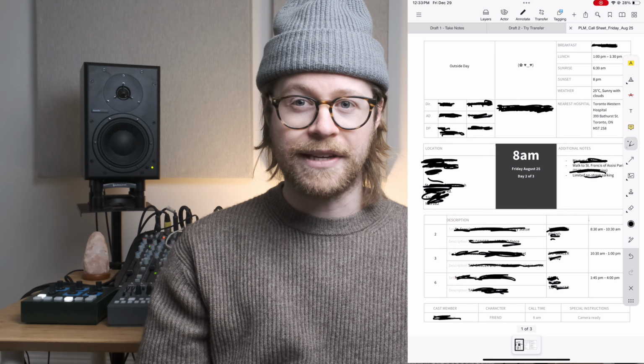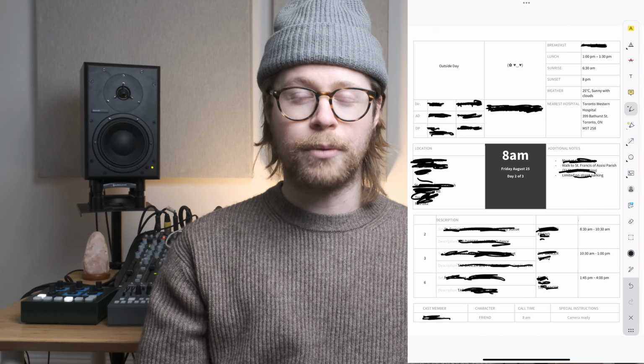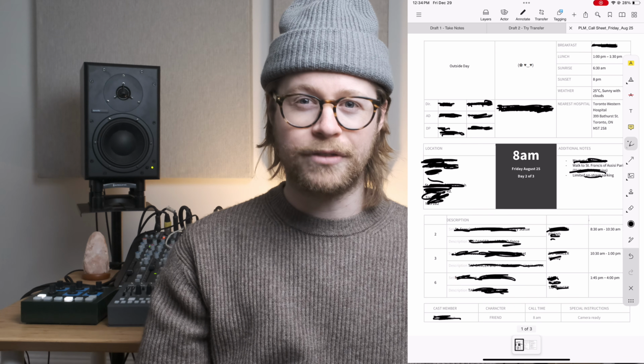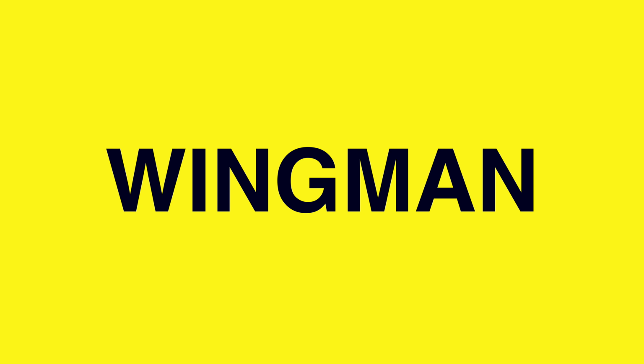Finally, you can use this app to house your call sheets to reference quickly on the day. Just load it in your app, and it will populate as a tab next to your script, saving you the trouble of diving into your email to view important information. Highly recommended. Sound Devices' Wingman app is an app that many of you are probably already familiar with, but it